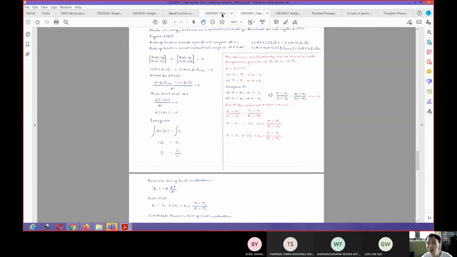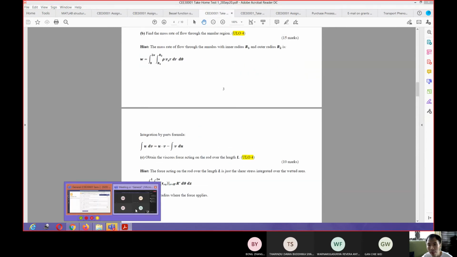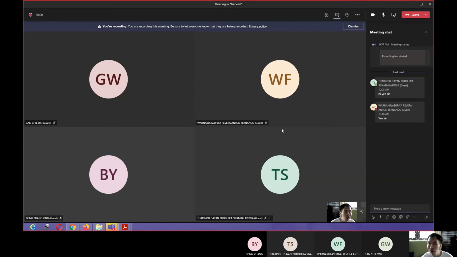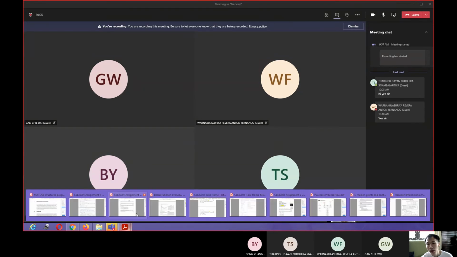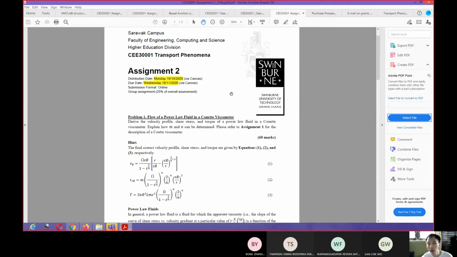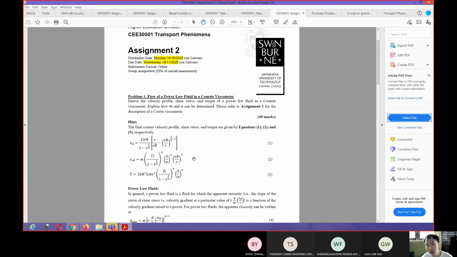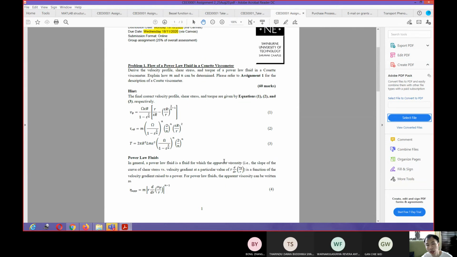Okay, so now I basically already explained everything. Do you have any questions from your side regarding this assignment 1 and take home test 1? And then you have assignment 2 as well that I already gave you. You are dealing with the same problem in the Couette viscometer. So the way that you solve this thing should be quite easy. I mean, it should be almost the same way, but just need to be careful.